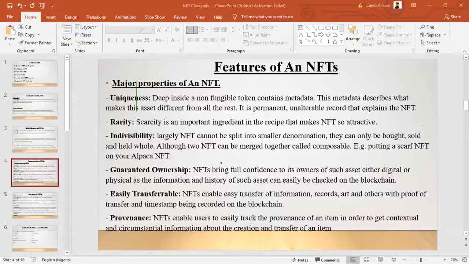Then provenance. NFTs enable users to easily track the provenance of an item in order to get contextual and financial information about the creation and transfer of an item. So with NFT, you can track the blockchain to show you that, okay, it was created on so and so date, so and so time, with so and so media. And that's it. Then next up,